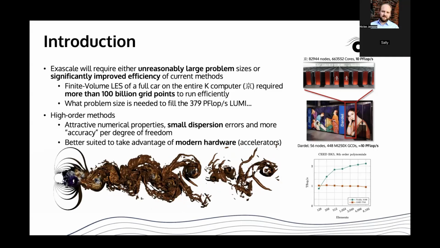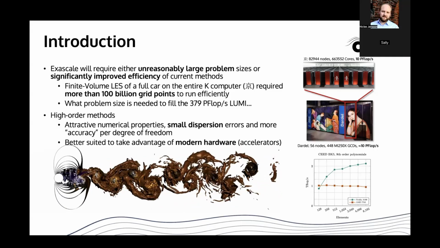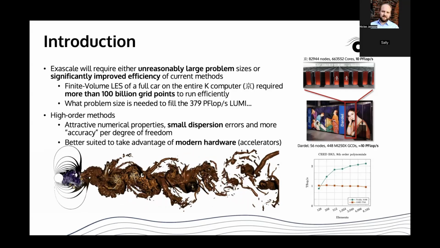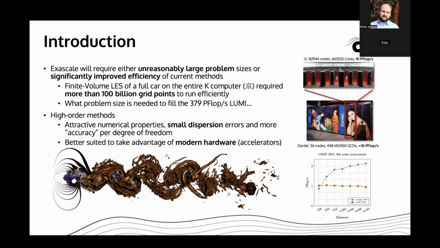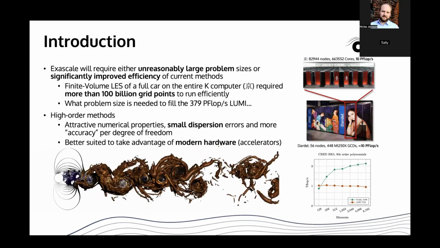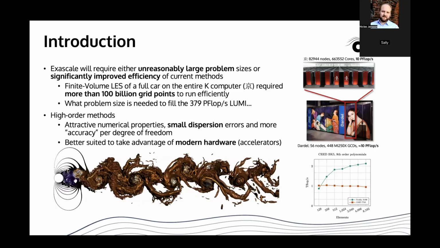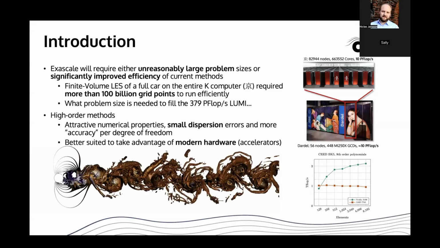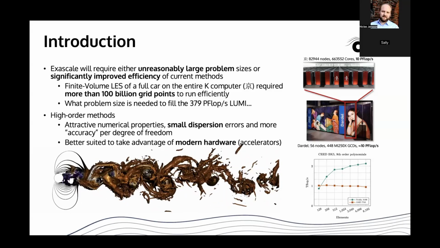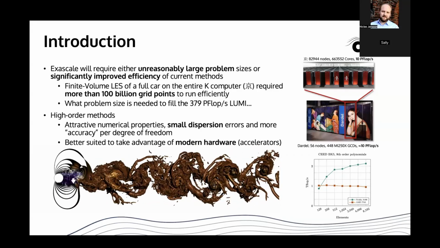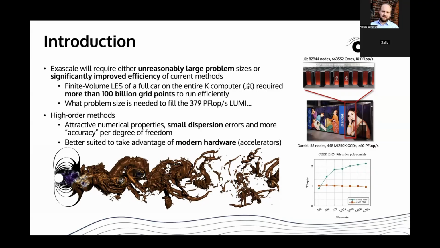So to illustrate this a bit further, back in the day we were running finite volume simulations, LES simulations of full cars on the entire K computer. That required around 100 billion grid points to run efficiently. The K computer, the red machine up there in the right corner, had north of 500,000 cores and 10 petaflops. And if you do any flop-to-flop comparison, that is now half a rack of GPUs in our machine Dardel at